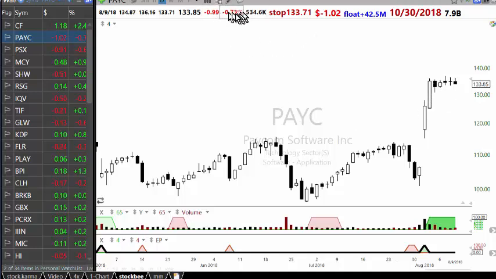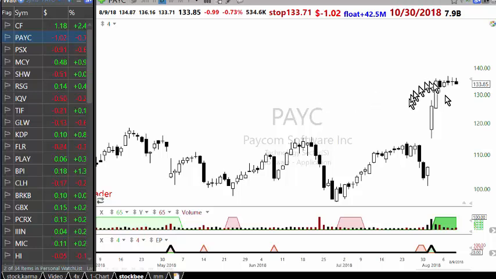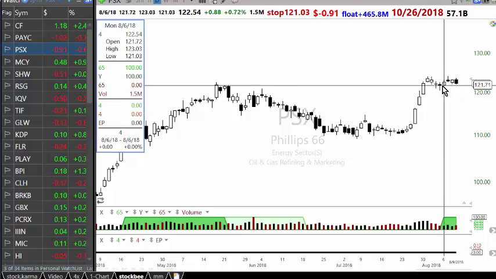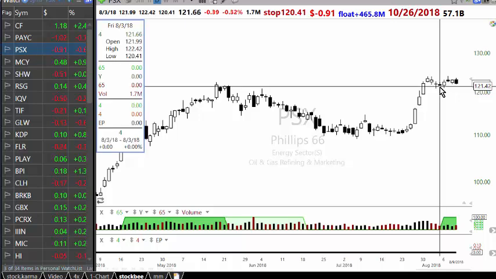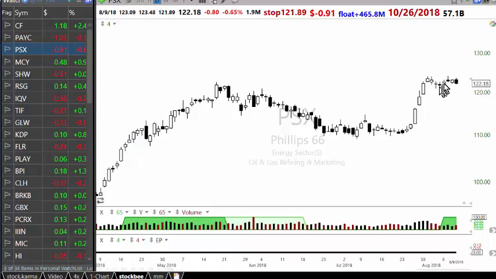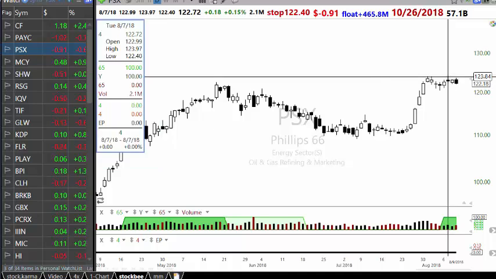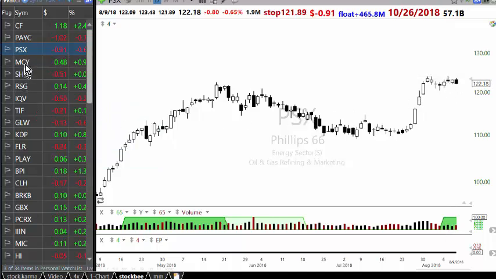A little bit wider now, 0.73, because it tried to break out and then really didn't reverse. So PSX, another similar kind of setup. This was actually a better setup here, and I actually entered this setup on this particular day. If you see before that, it is like 0.32 and 39 cents, but it didn't really work. Yes, I did get out with a little bit of profit, just to pay for